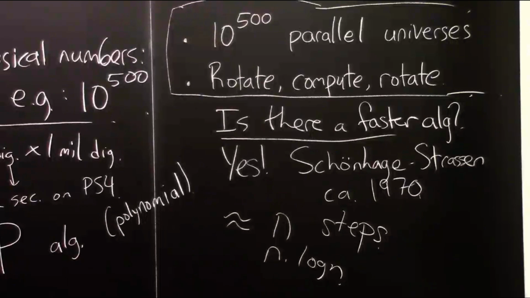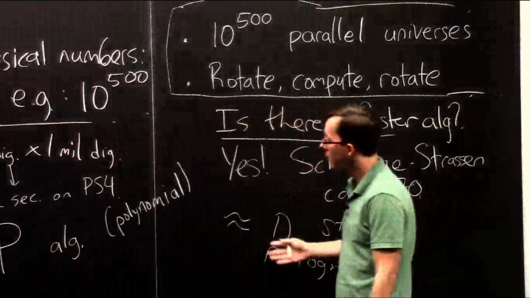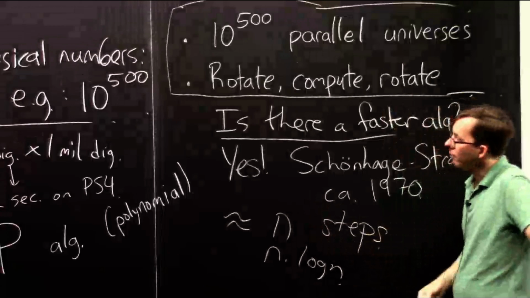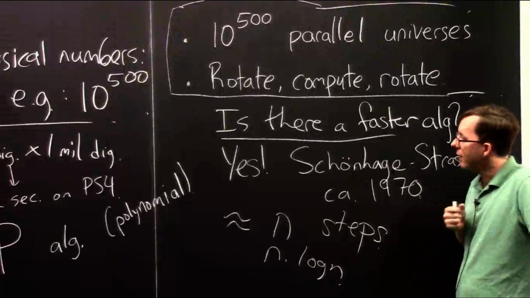So that goes to show that this is a polynomial time algorithm too. n is a polynomial in n. It's a better polynomial time algorithm. And we're interested in that kind of speedup. It can be great.